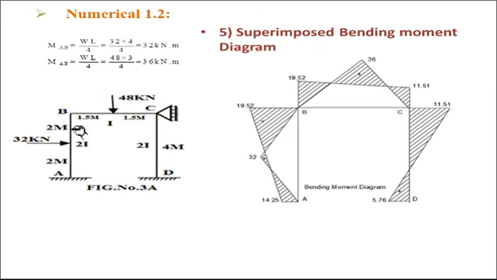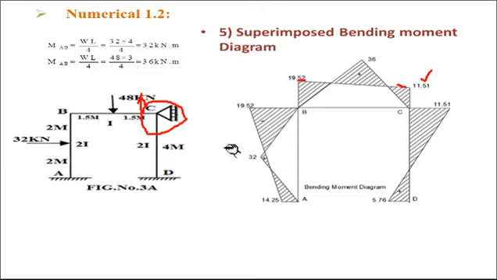Now next end moment at C, MCB is minus 11.51. So you have to keep your pen close to C and rotate about C, minus sign is there, in which sense? Clockwise sense. So this is your clockwise sense, coming up. So show your moment up, that's why up 11.51. Now join with the line. You will get the end moment diagram or fixed end moment diagram for BC.